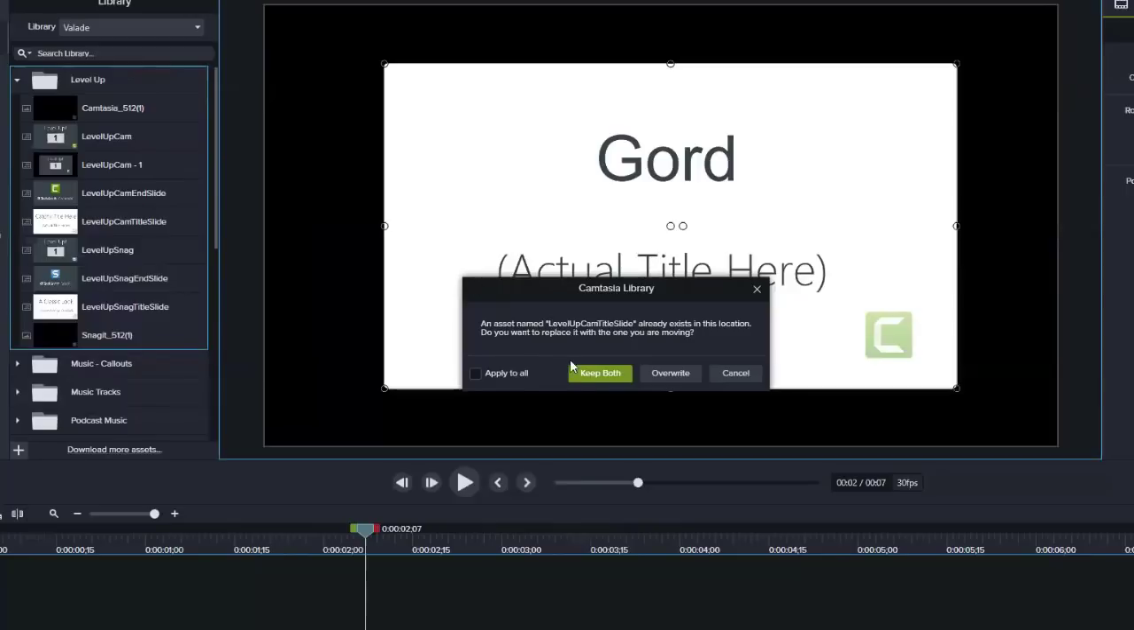I can either say keep both, which if I do, it'll add this same slide back into this folder. It'll just add a parentheses with the number 1 because it's the first iteration of this version of the asset. Or I can choose to overwrite it, and that will replace my catchy title here version of this slide with the one that says Gord. So if I choose overwrite, it'll replace this asset, and that will be the only asset with that name in